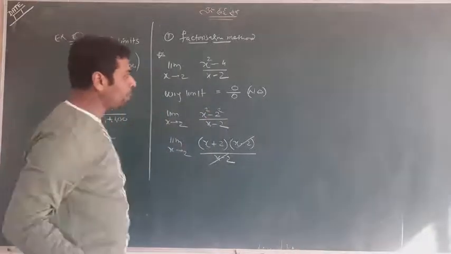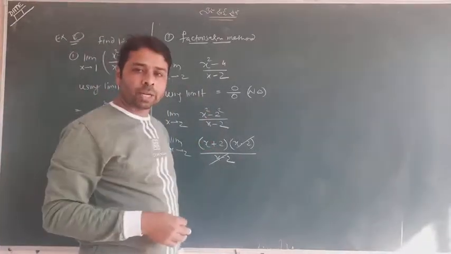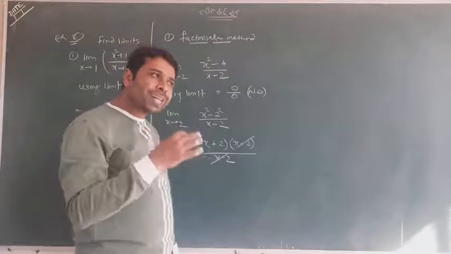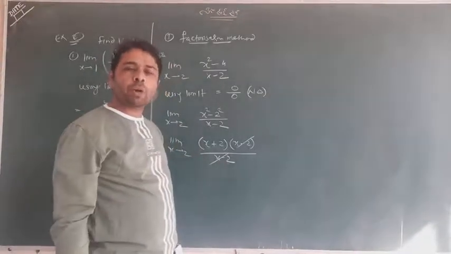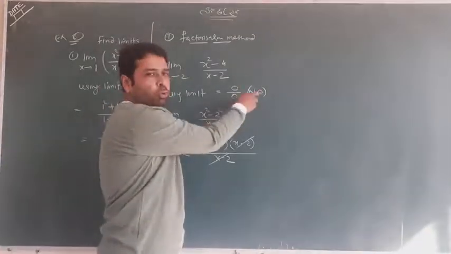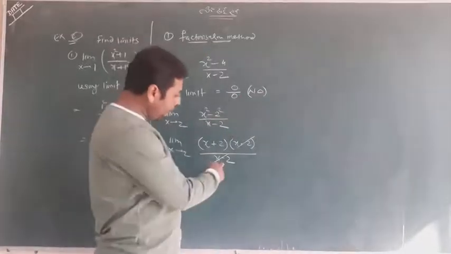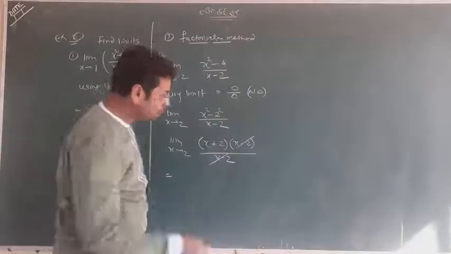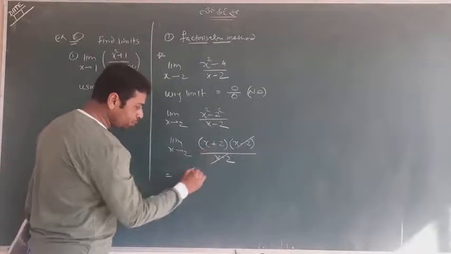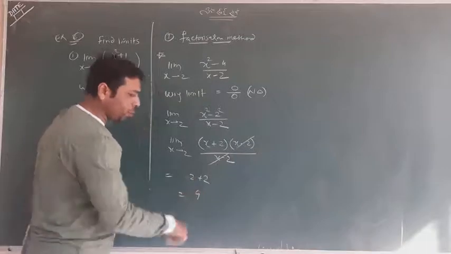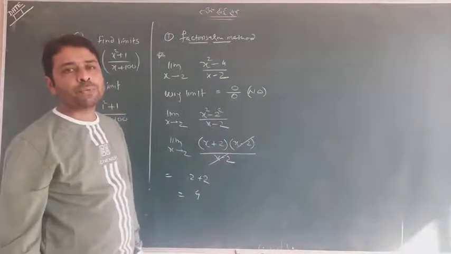Sorry, I wrote this quotient in the last question; it was coming 2 upon 0. So you know any particular limit will not exist when 0 is in the denominator. So this is 0 in the denominator, so it is not defined. So this part will cancel. Now it will not be 0 in the denominator. Now using the limit x tends to 2, you know that after using the limit, 2 plus 2 will be there and only 4 is your answer. So this is the way of working.